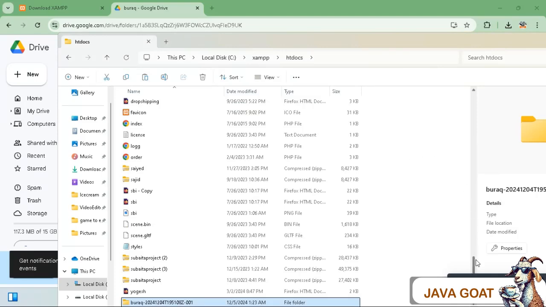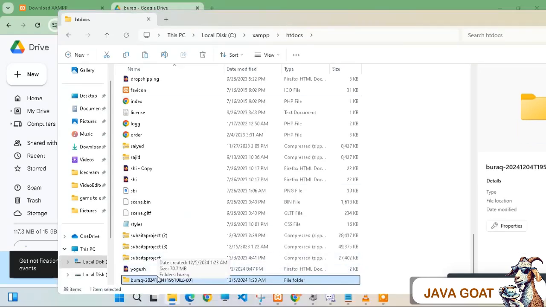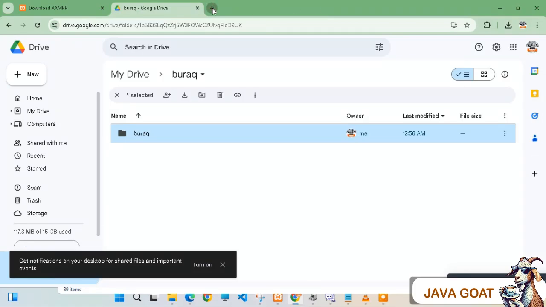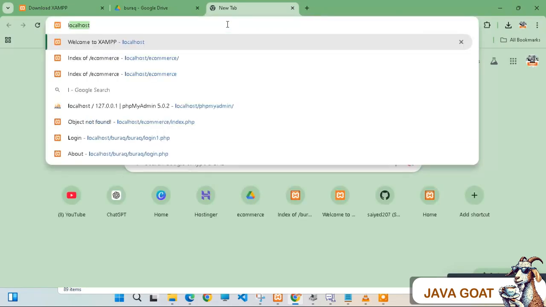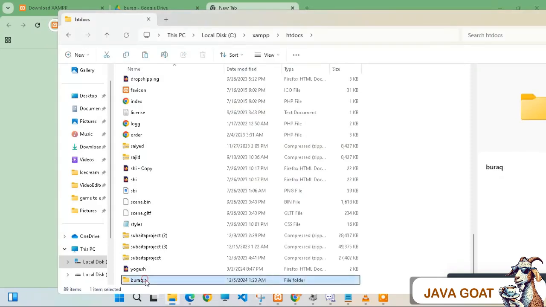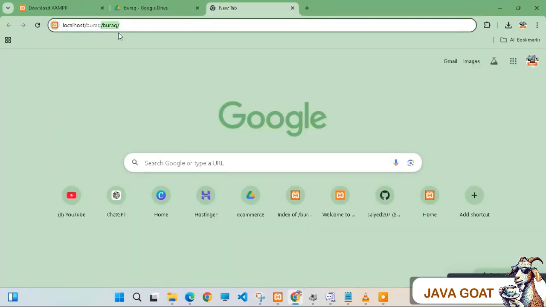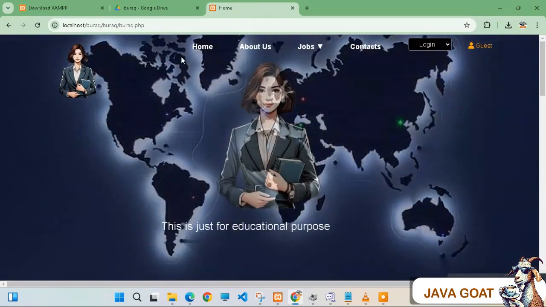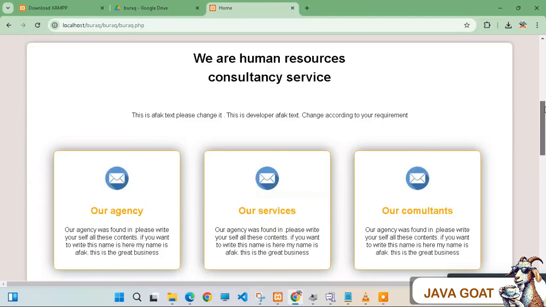Now our folder is ready with the name Burak and some ID. We'll rename this. We'll just write Burak. Now our file is ready. Now after this, we'll go to a tab, and here we create a new tab. Now here we write localhost and slash, and we'll write here Burak. Now why we write Burak here is because the folder name is Burak. Why we write it two times is because there are two folders with the Burak name. Now press enter. After you press enter, you can see here a beautiful interface will appear, but still you cannot